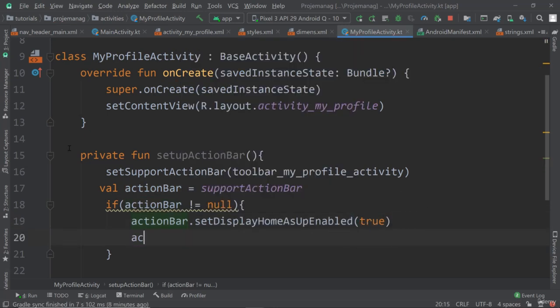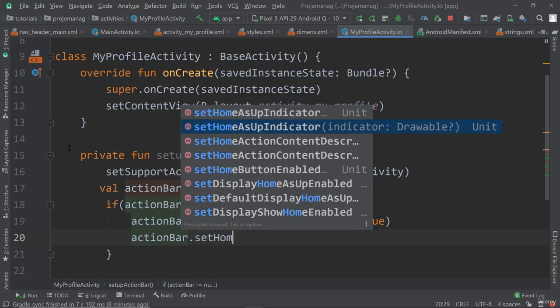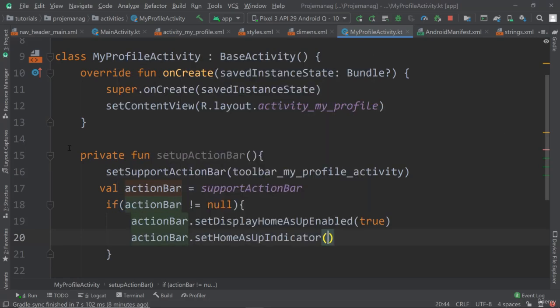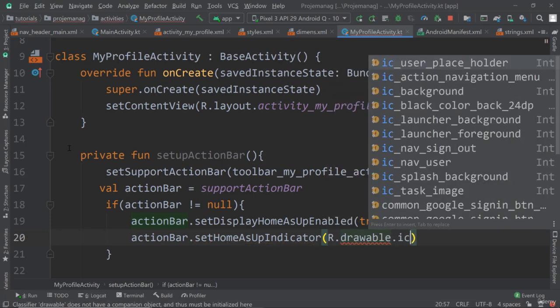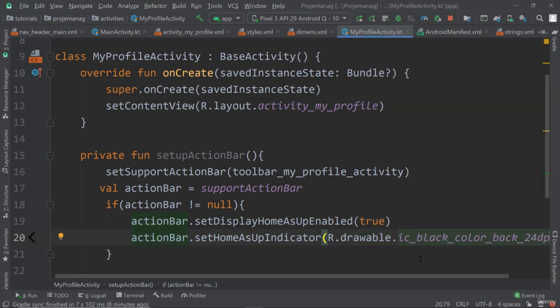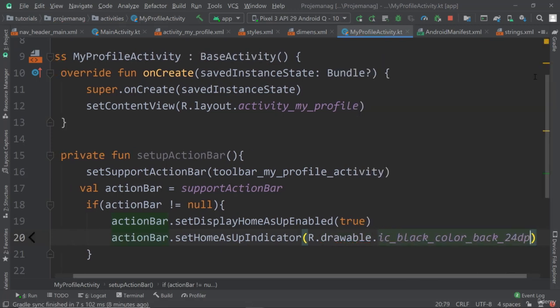And then action bar set home as up indicator. And here we use R.drawable.ic, and here black color or black color back,